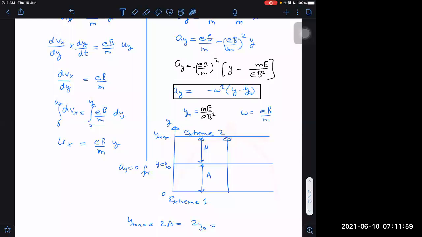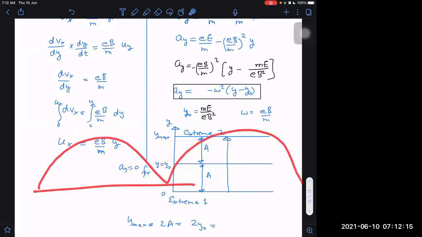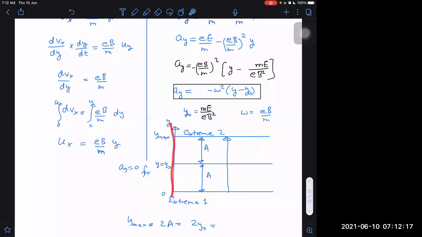You can talk. And others. Yes, sir. Are you understanding? If somebody is not understanding, tell me. Here it has zero velocity, started with rest, and here also again zero velocity. If I take its projection along y-axis, then it will be executing just SHM along y-axis. Along x-axis, it is going this way, but along y-axis, it is just executing SHM along y. So that is the idea why we are able to do it so easily along y-axis. We are able to get answers so easily. So what is the amplitude of oscillation?